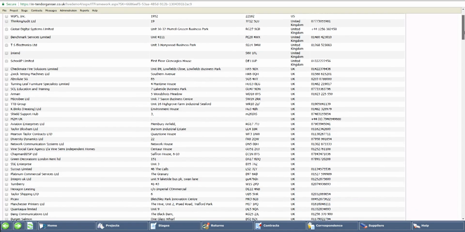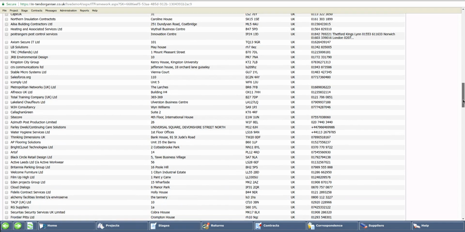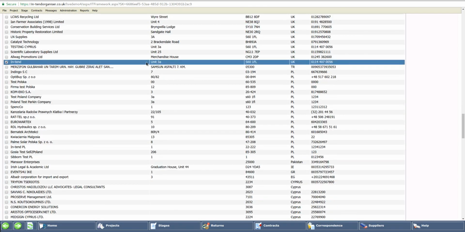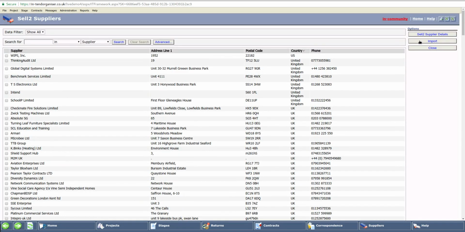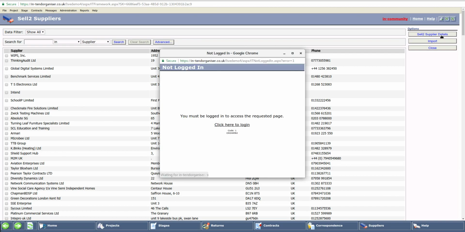As you can see, there are quite a lot of organisations on the system already, but if I just go to the next relevant one, which is the Intend one, which I've just demonstrated, the organisation is able to import your information into their supplier database. If they wanted to view more details about your supplier details, they can click on this button here,